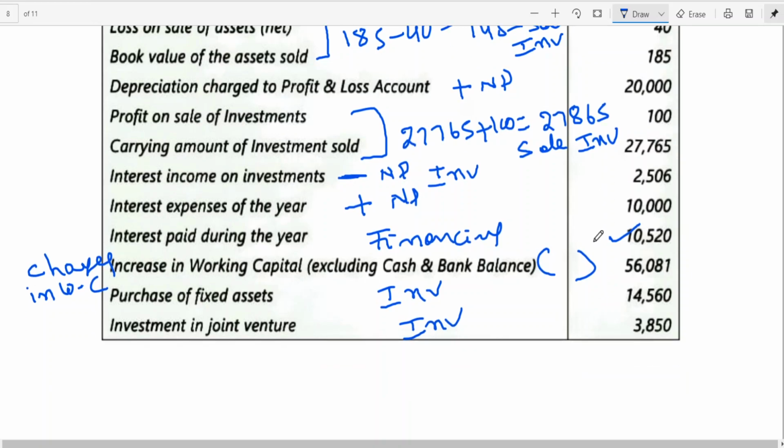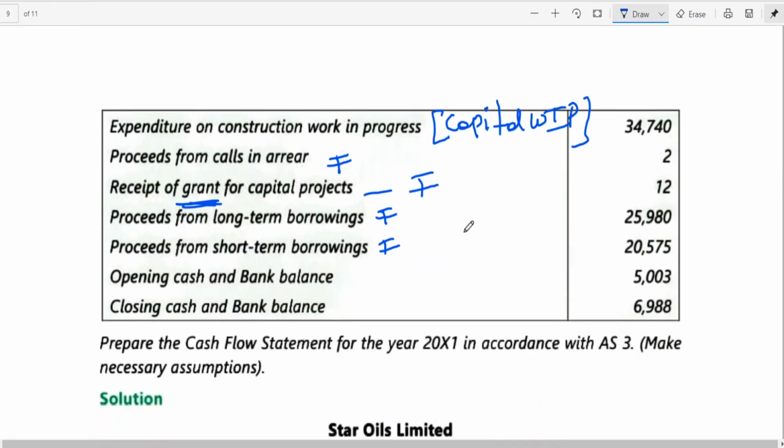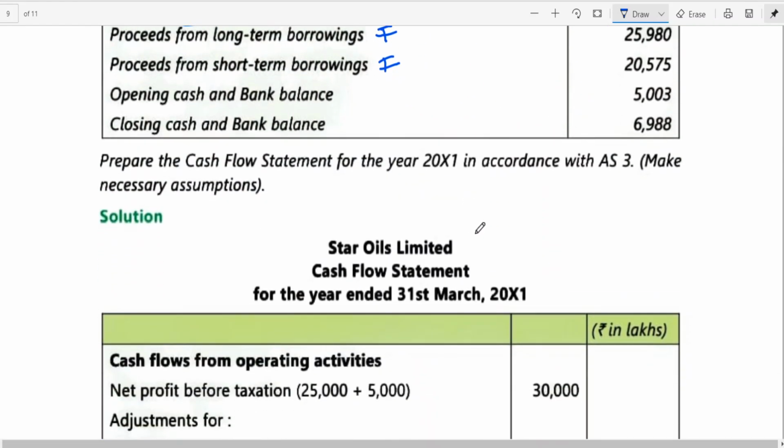Okay, I think these are very good problems from the examination point of view. The advantage you people are having, we are covering all the problems from the study material, and tomorrow I will be taking 2 more problems. With that we will be concluding the class. Then you can practice questions, take mock test papers, RTP, whatever it may be. I think definitely you should be in a better position for working out cash flow statement.